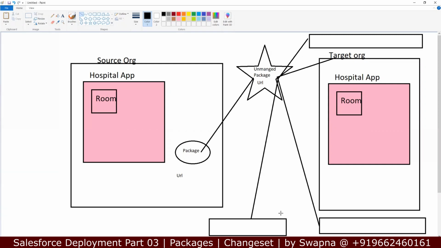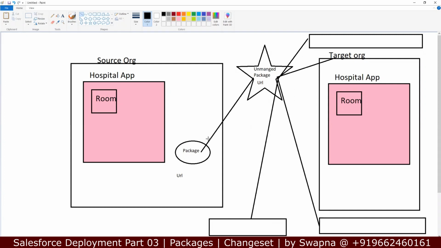Because I have 4 or 5 projects which are related to hospital projects, and every project has to start from scratch. So instead of spending a lot of time implementing the objects, fields, validation formula fields, process builder, whatever it is, what I'll do is build that common object-based structure in one org, right? This is the org that I'll implement it in. Once it is tested and the basic functionality is working fine, once the testing passes, everything is working fine,